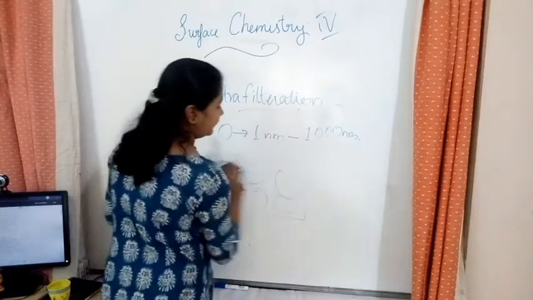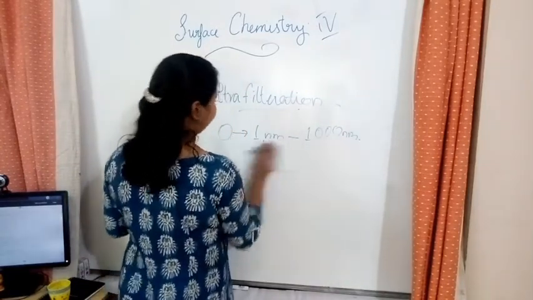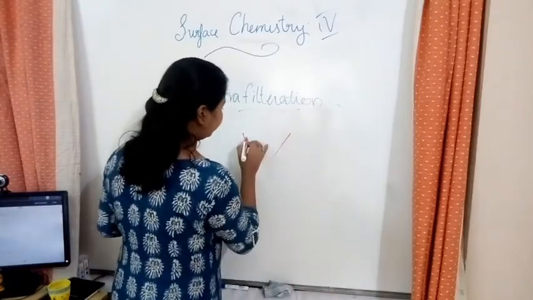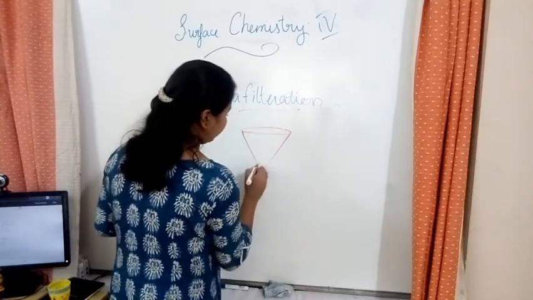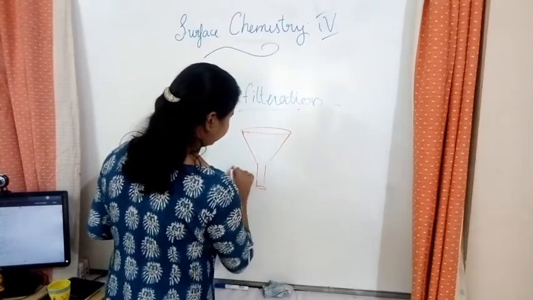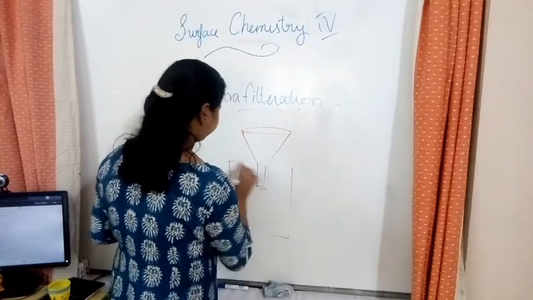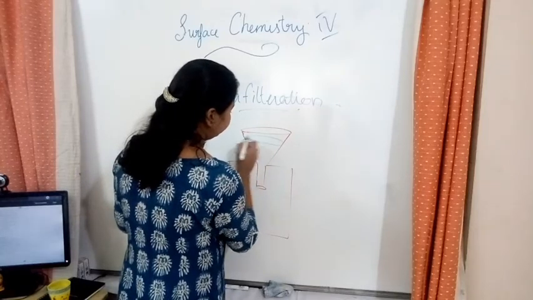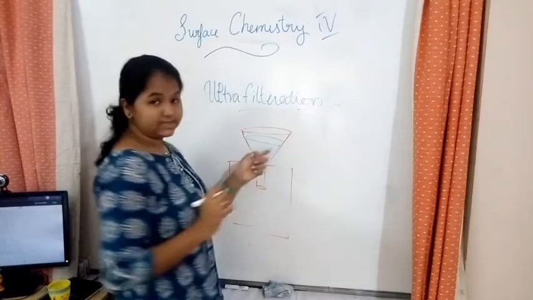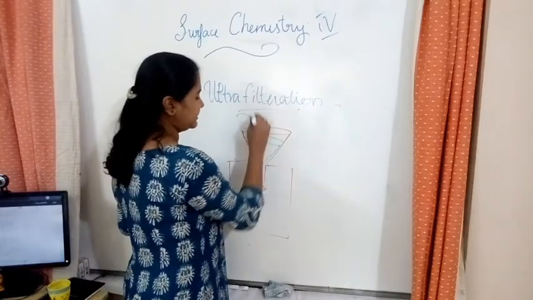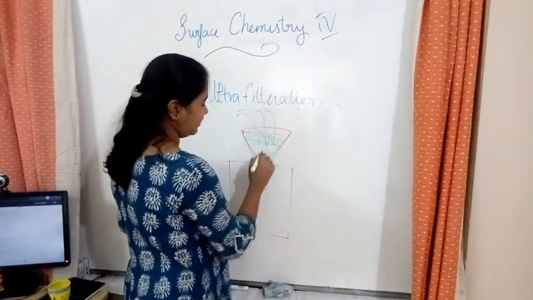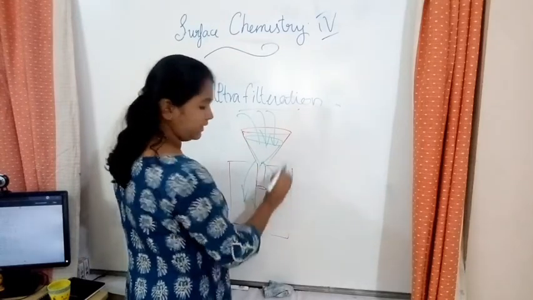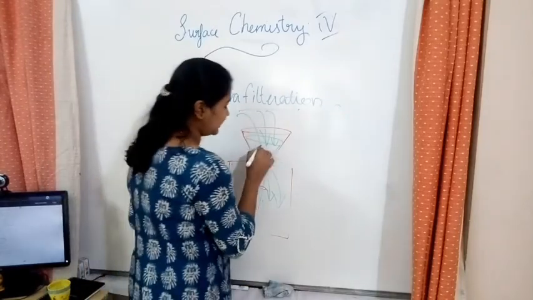It is the same as the normal working of normal filter papers, but I will draw a rough sketch. So this is the funnel, this is the neck of the funnel, this is the jar, and here is our filter paper. This is the graded filter paper. When the colloidal solution is poured into it, what will happen? The electrolytes will fall off, and the colloidal particles will settle over here.